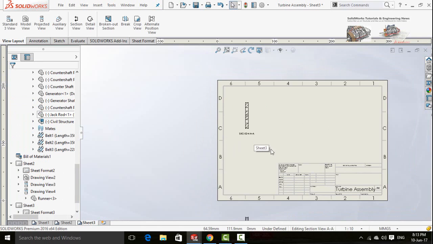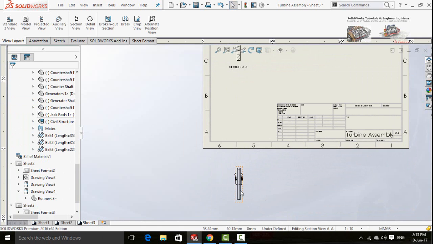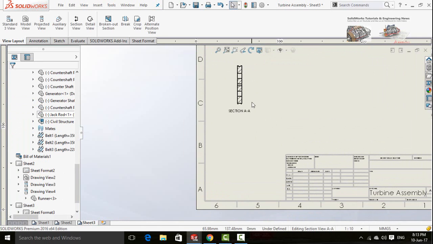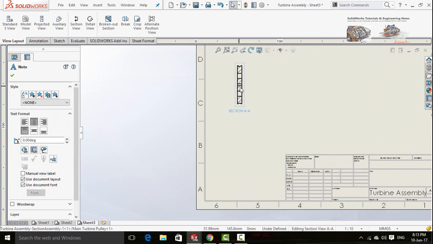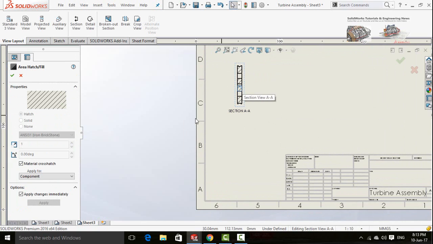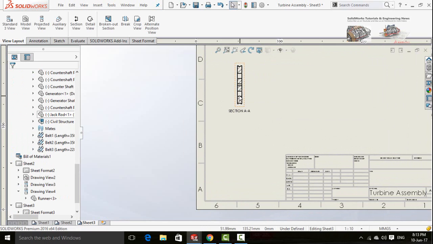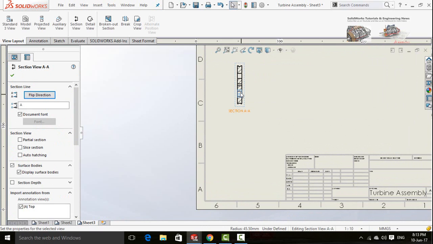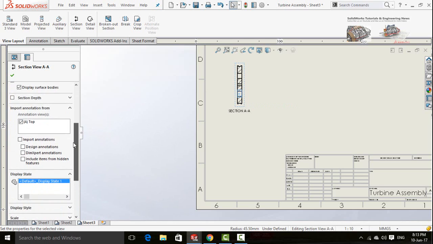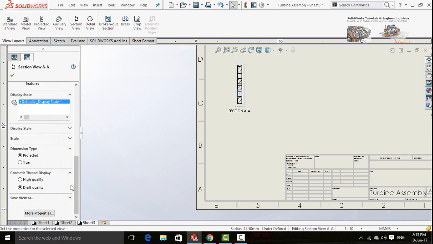Press OK button. Now select the section view. Scroll down from option bar and scale up.